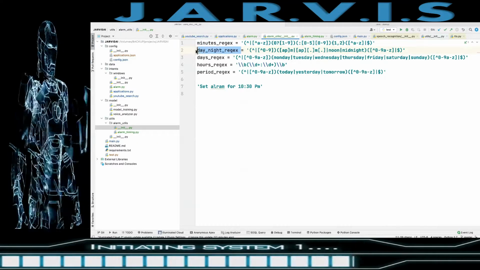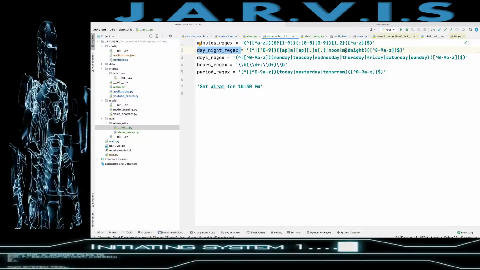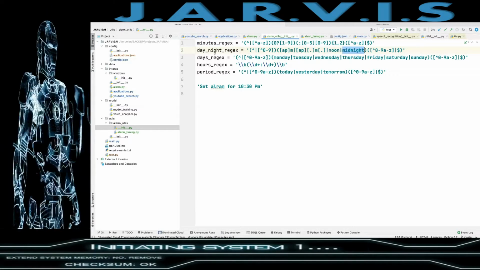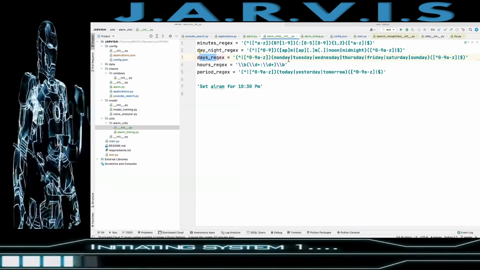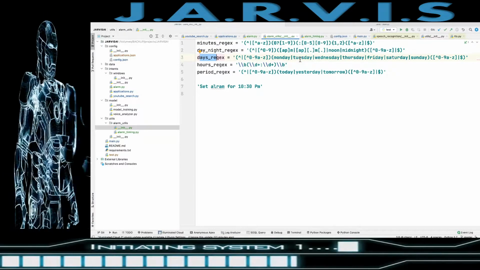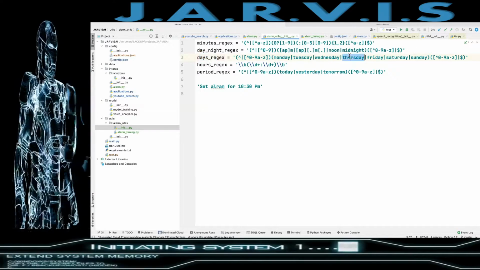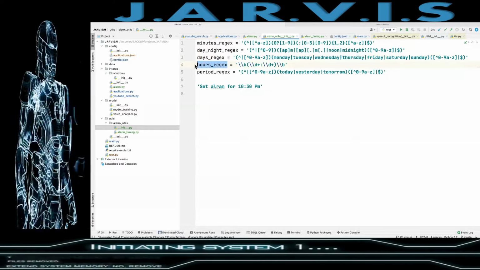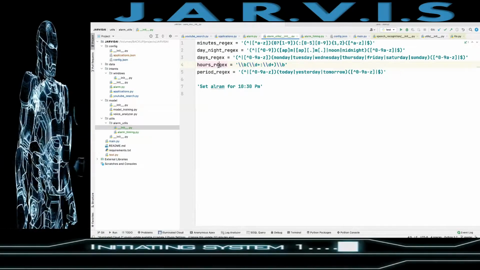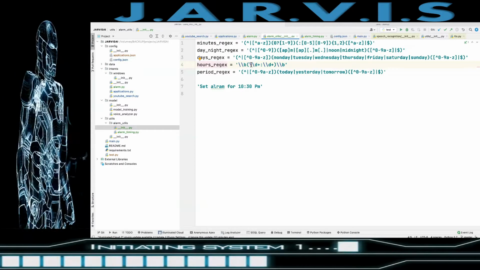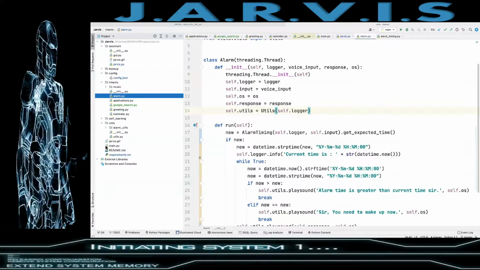This is for the day and night, AM and PM, noon or midnight. Days, if we say like just set alarm for next Monday or Tuesday, Wednesday, Thursday, like that. This is the regular expression for that. So this is the thing which I have updated from the previous version. If I show you the previous version,